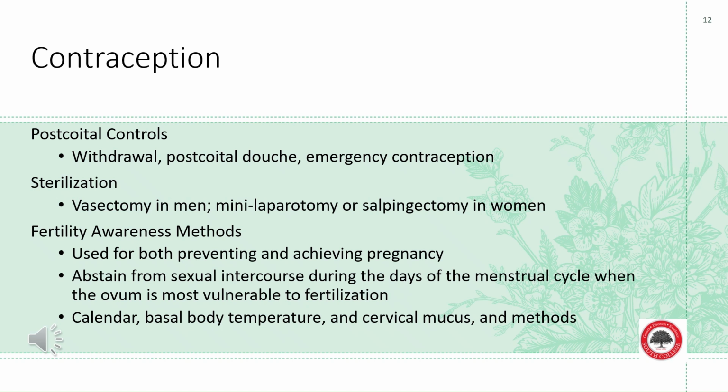Sterilization is a permanent method of birth control. After the risks and benefits of sterilization are reviewed with the patient, an informed consent must be obtained. Up to 10% of patients who undergo sterilization procedures later request reversal of sterilization, particularly in patients younger than 30 years of age. Male sterilization consists of vasectomy performed on an outpatient